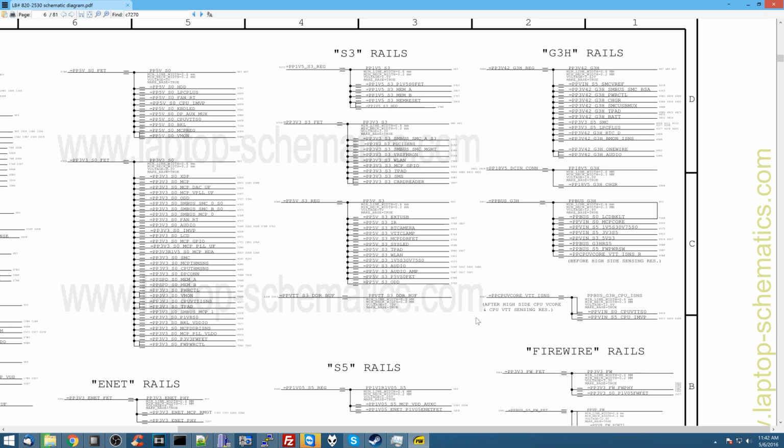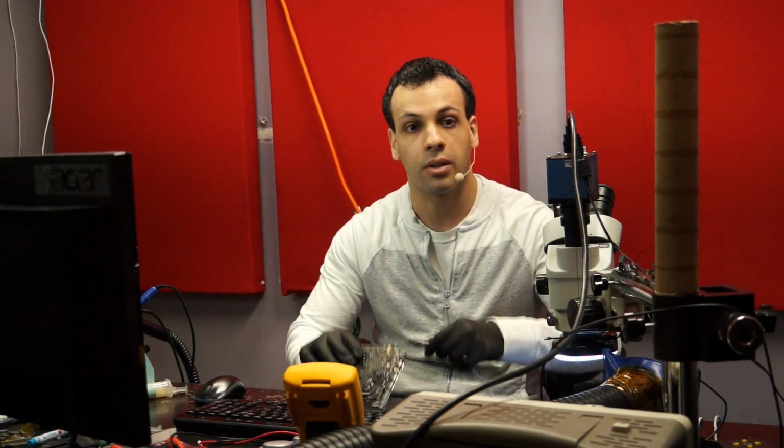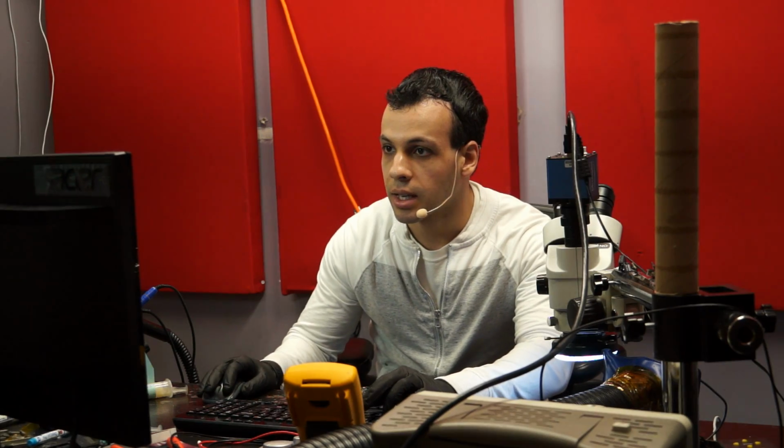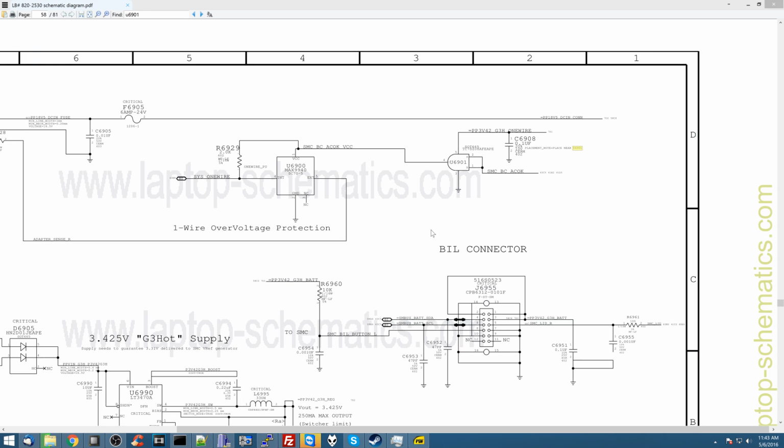Makes no damn sense. So we're going to start with the G3 hot rail over here. Now, as I said, PP3V42_G3 hot is already present. I know it's present because I have my light. And as I say, if we scroll over to the logic gate setup for U6901, over here,